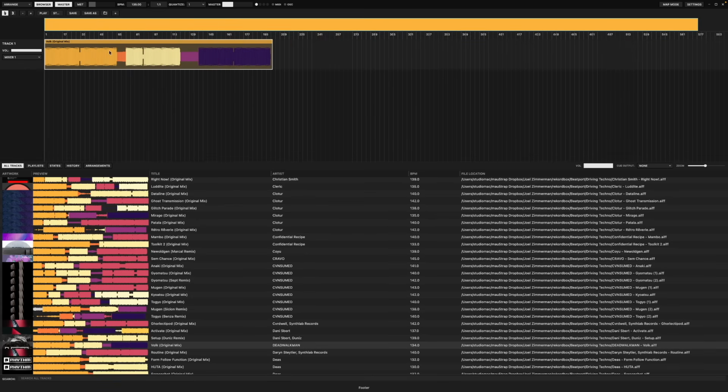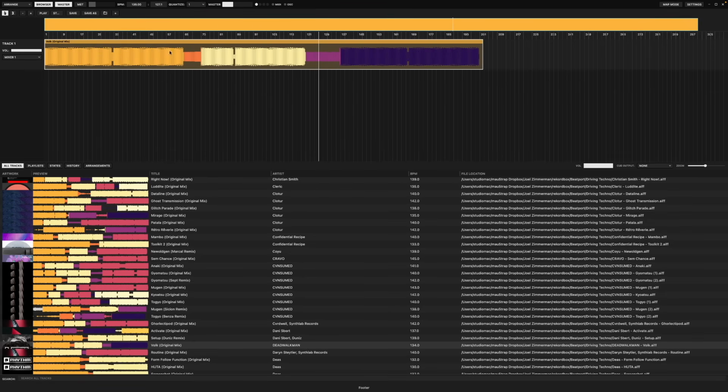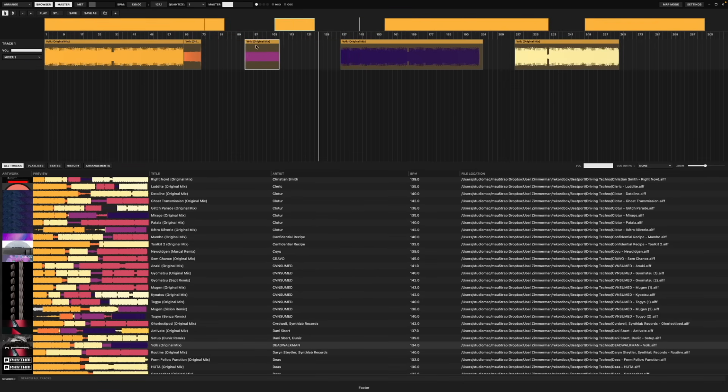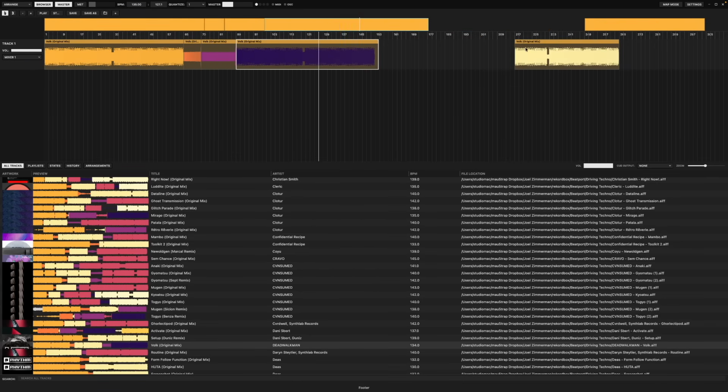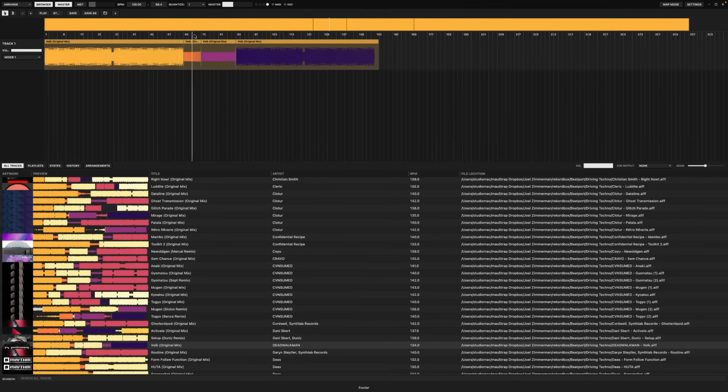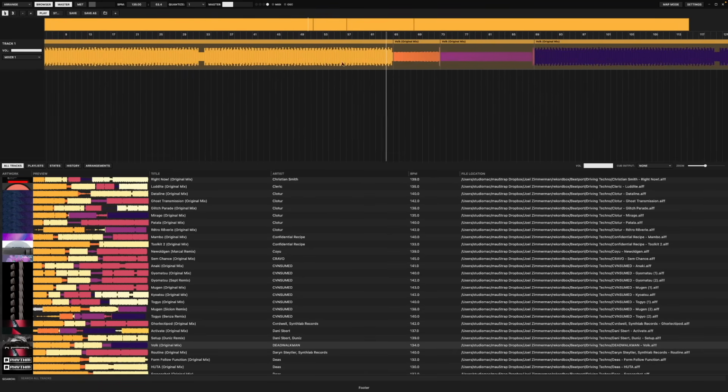But basically, this is like your Ableton Live. I hit play. I can scroll around the track, but I could also do this. I could take this cut tool, go here, and say, there, whatever. However you want to edit your track, right? Say I want to play this breakdown and then this, and then just go into this and remove this whole section. So I've Ableton-edited my track. So now if I play it,